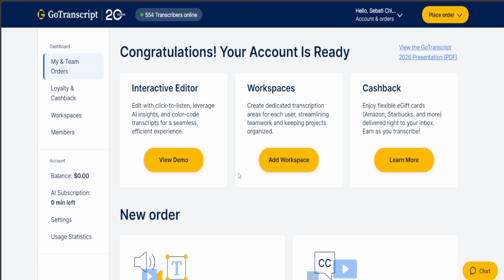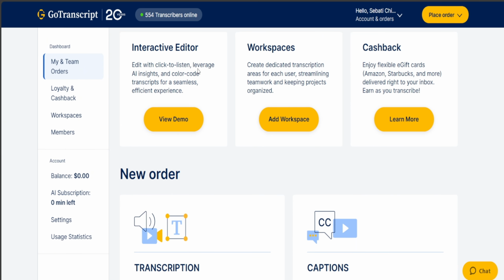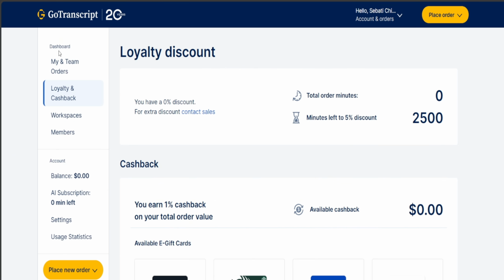So before taking the test, you can carefully review the GoTranscript style guide, which is usually a bit difficult for a few beginners, but once accepted, you can choose jobs from the dashboard and work at them on your own place. You can take a look at your dashboard over here and explore to see the available things you can go for. But beginners should start with shorter, clearer audio files to build confidence and avoid penalties while learning the